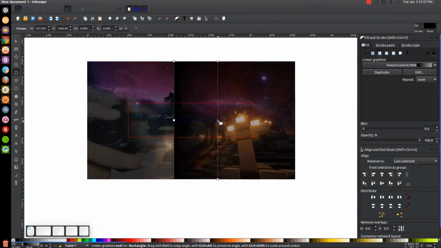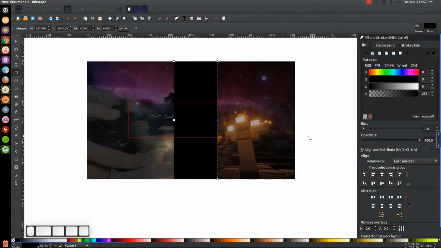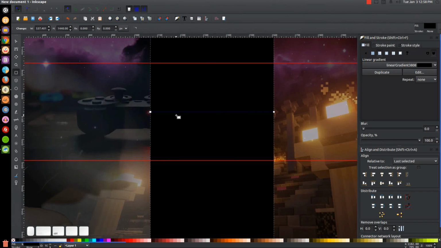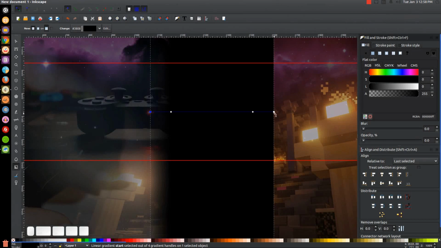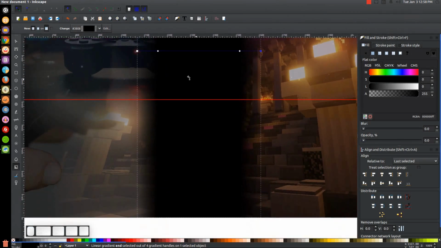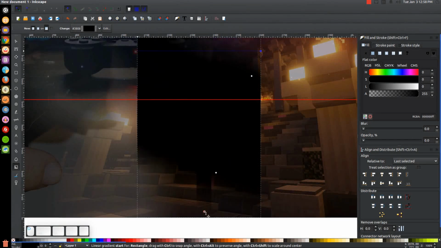And I'll click on this stop, bring the opacity all the way up, and I'll double click the line right here to create a new stop. Let me zoom in. Actually, no, I need to press G on the keyboard to go to the gradient tool. Now we can do that. Double click that line to create a new stop, and I'm going to take this stop on the far left, bring the opacity all the way down, and take this stop on the far right, bring the opacity all the way down, put this stop down here at the bottom,